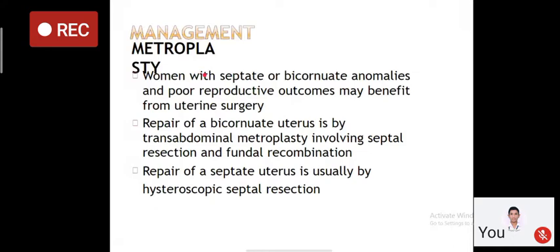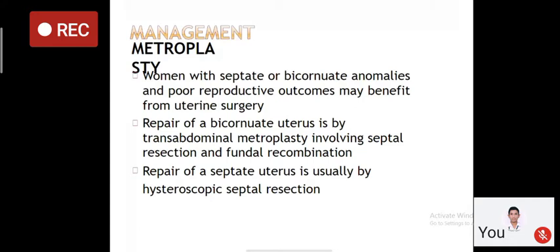You can remove the septa. You can create a bicornuate anomaly. In that, two uterine cavities are there, you have to combine. So you have to resect the medial walls of both hemiuteri and combine into a single cavity. That could lead to the chances of a bigger cavity, but the chances of cesarean section is 100%. Reason being you can't try a normal labor for all these patients.